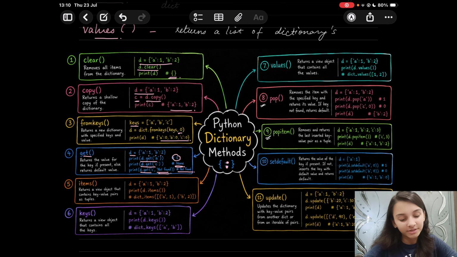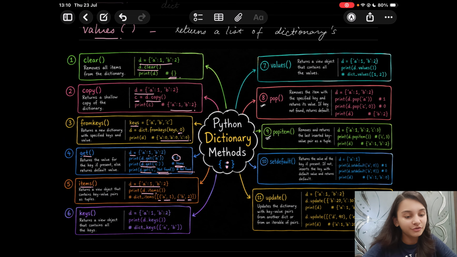The fifth method we have is items, which will return a view object that contains the key value pairs or tuples. So we have a dictionary D over here, and on using D.items, we'll get a list consisting of tuple pairs.